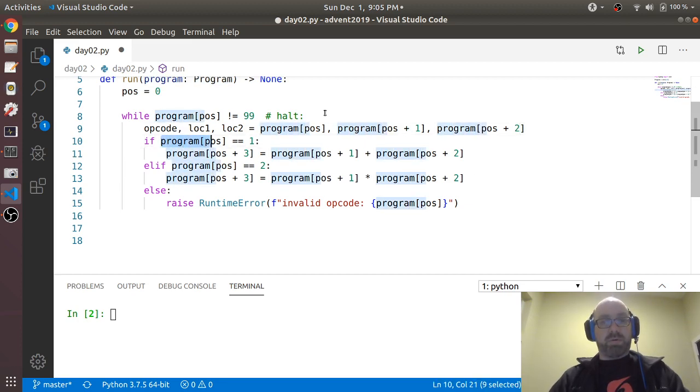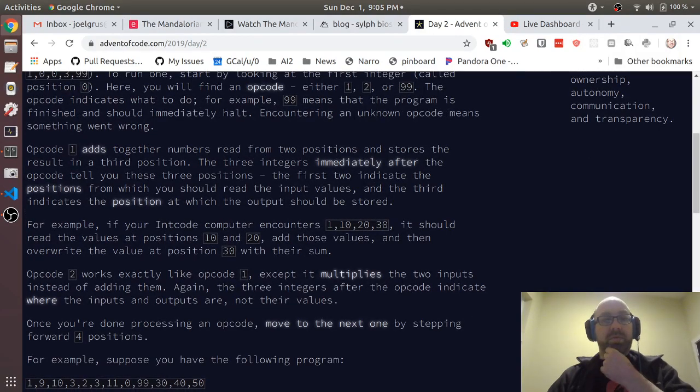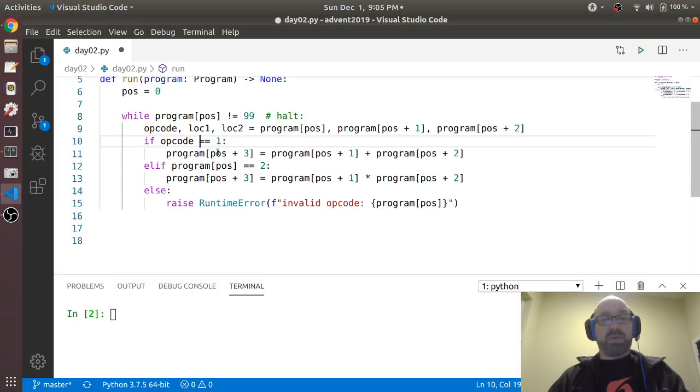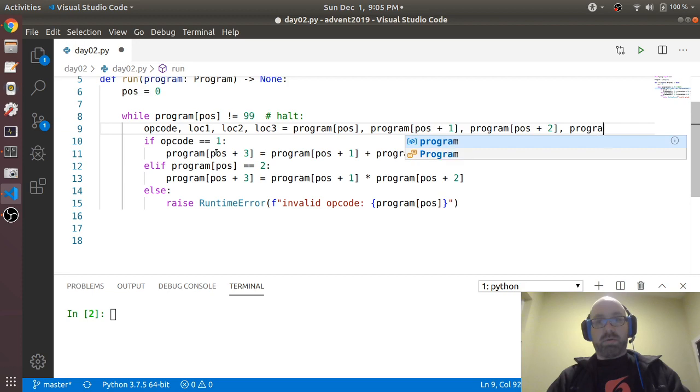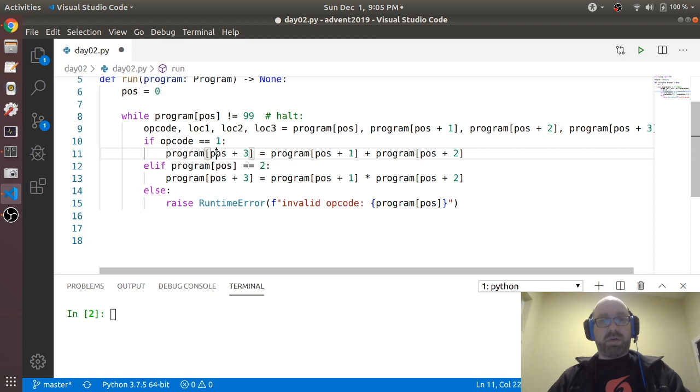And so if the opcode is 1, let's go back and read these instructions once more. The three integers tell you these three positions. The first two indicate the positions. Okay, so that tells me that I need to actually get those. So I don't want to do program[pos + 3]. I want to do program[loc3] equals program[loc1], where loc is short for location, plus program[loc2]. And